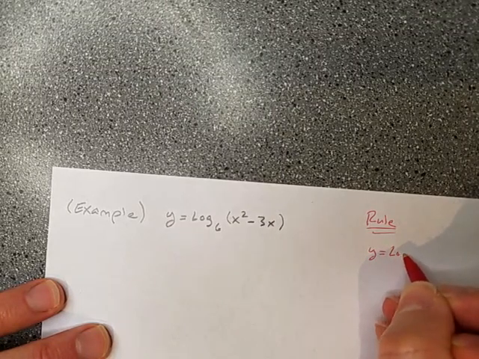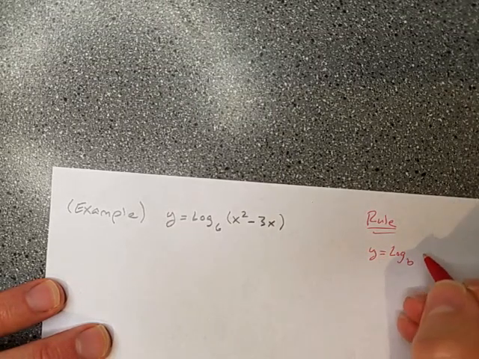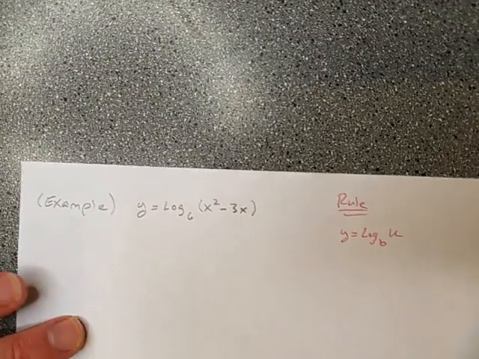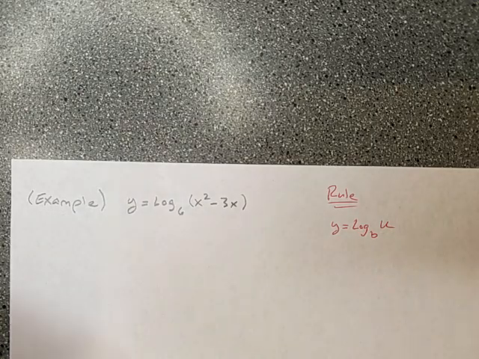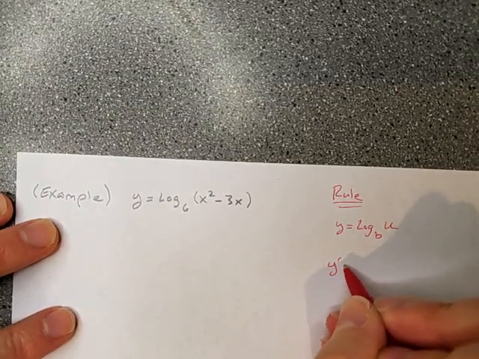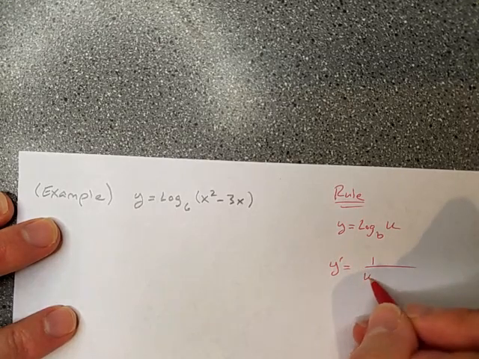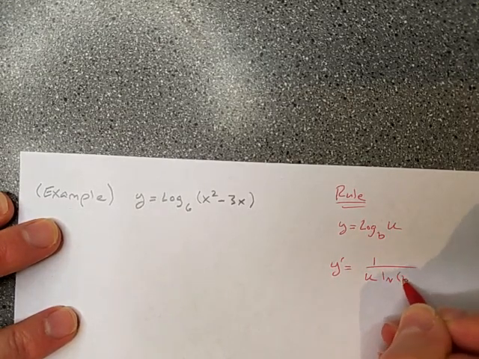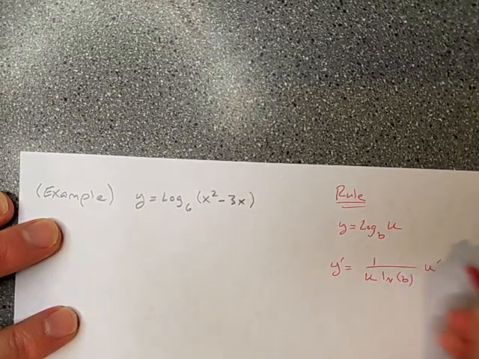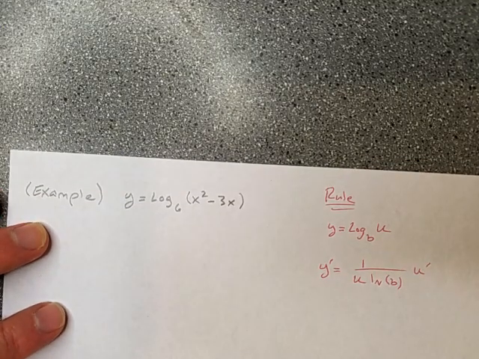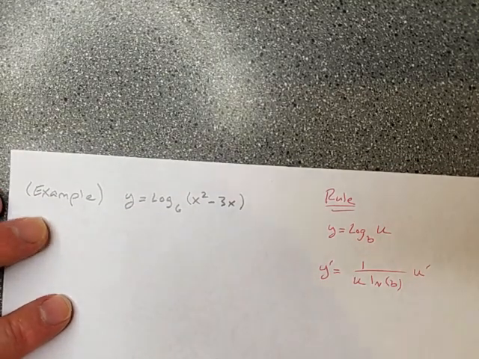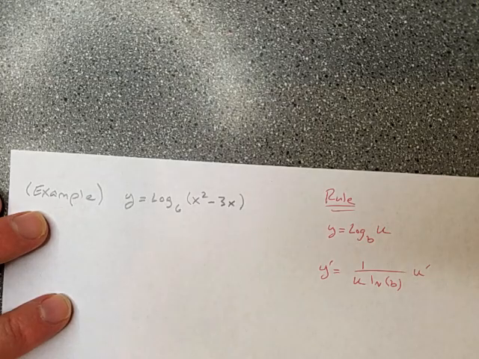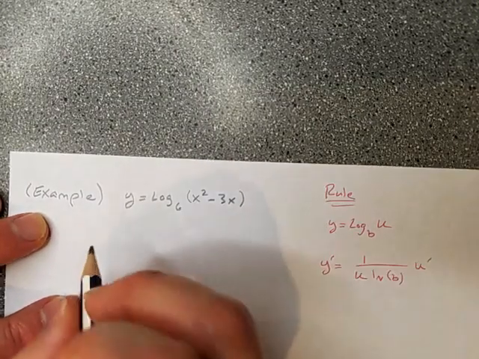Say y is equal to log base b of u, where again u, like every other time, is some function of x. y prime will be 1 over u natural log of b times u prime. That will be our rule for this one. So, okay, how would that play out? y prime,